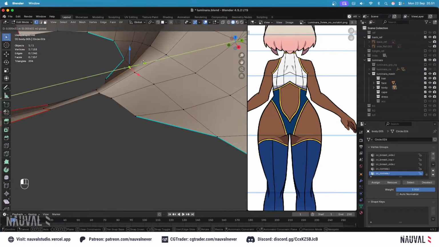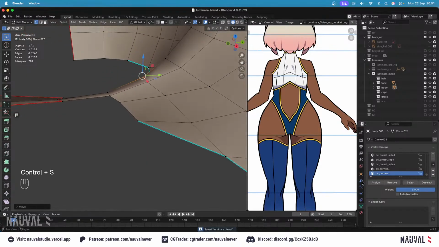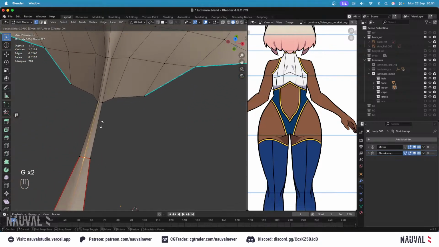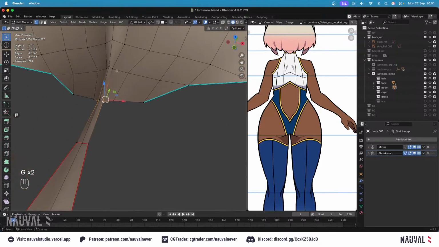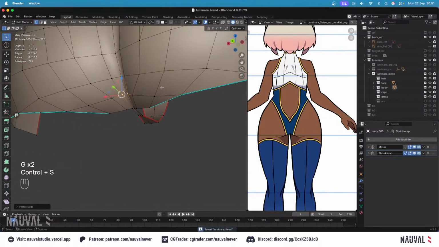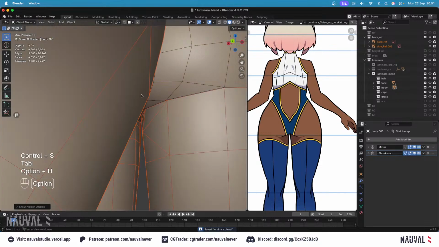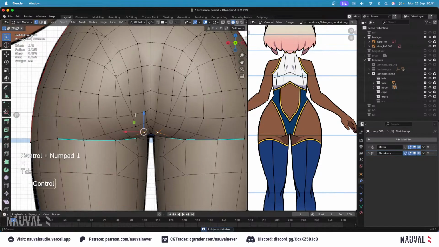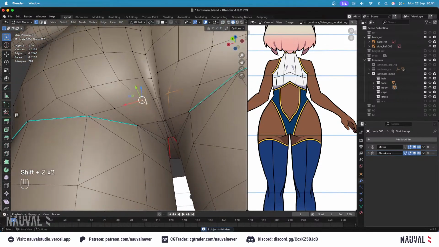It's because I'm using the shrink wrap modifier. That's why it's a bit messed up at some parts. I think we can fix them later once we apply the modifier. Okay, but anyhow,